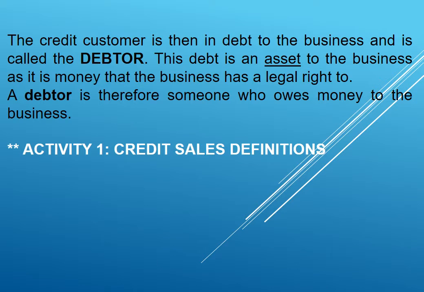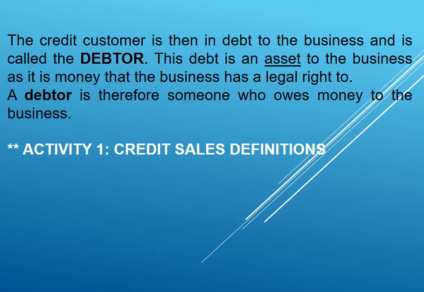So the credit customer is then in debt to the business, meaning the person owes money to the business, and therefore that person is called a debtor. Now, if you can recall, in the beginning of the year, we went through the whole accounting equation and all the elements, and we said that debtors control is an asset to the business, one of our current assets. And it does sound a little bit strange, because somebody who owes money to our business, how can that be